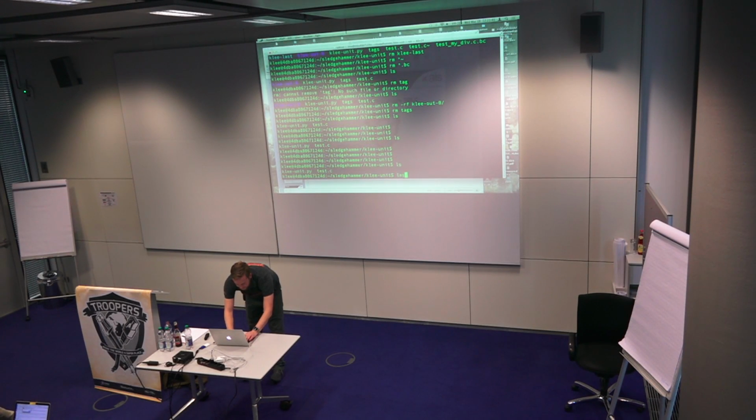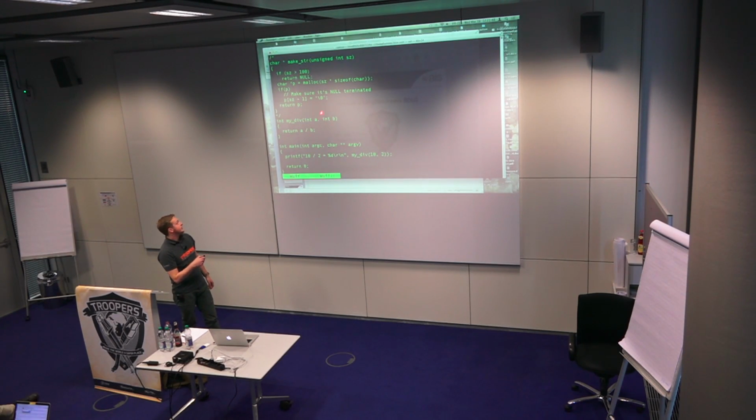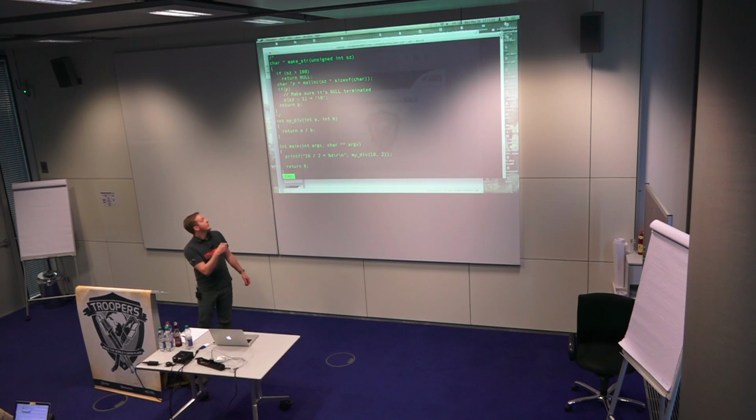So here I have something really straightforward. I, for some reason, don't trust the divisor, so I wrote my division, forgetting obviously to check for that. When I was writing this before, I wrote this make string as well, which turns a null terminated string, and it was finding all these crashes. Then I forgot that I had not typed unsigned, and it had guessed that if you put a negative value in, you're going to run into issues. I didn't think of that. I was wondering why my code was returning the wrong number of errors until I realized that I had made a boo-boo.